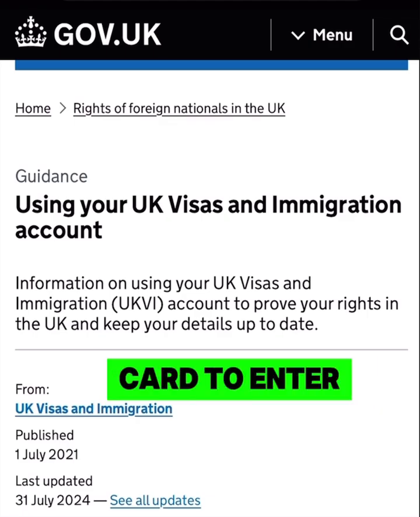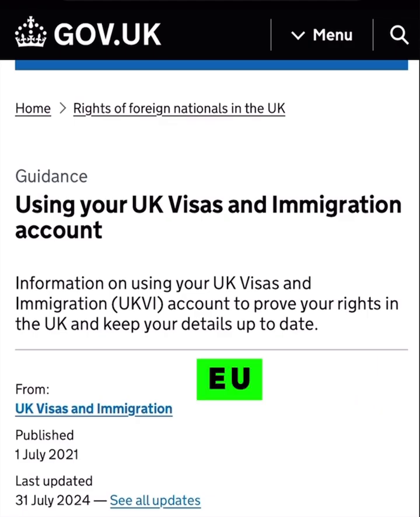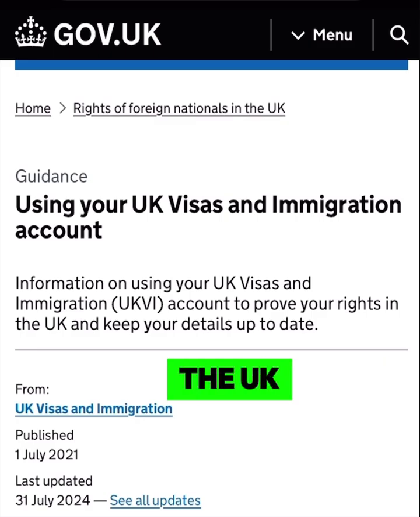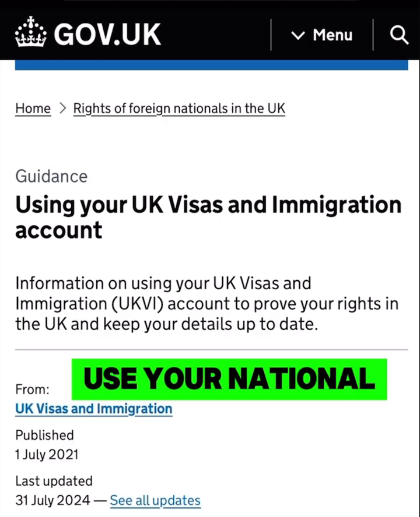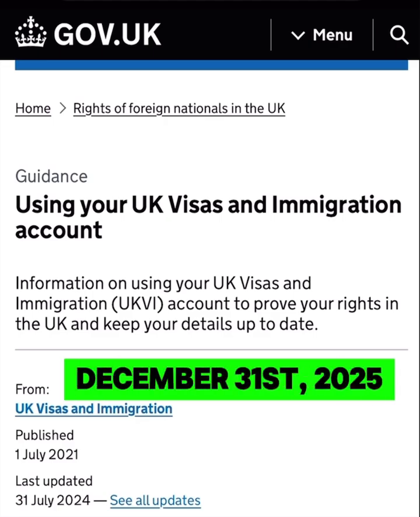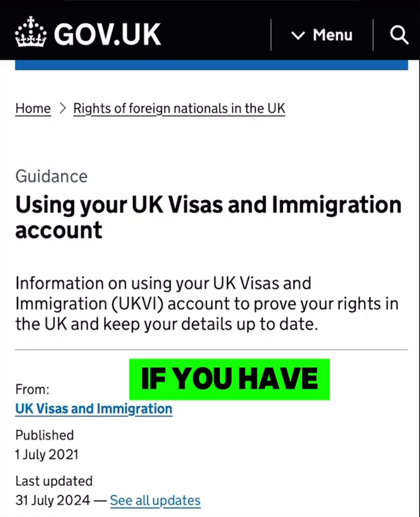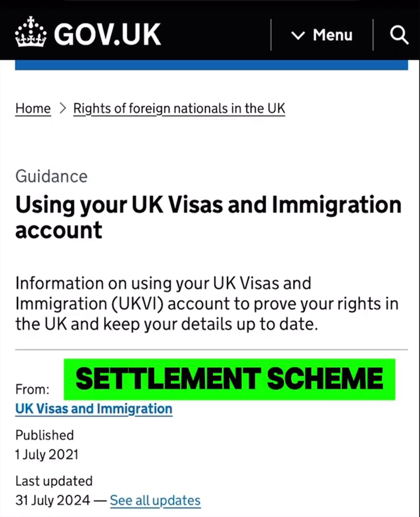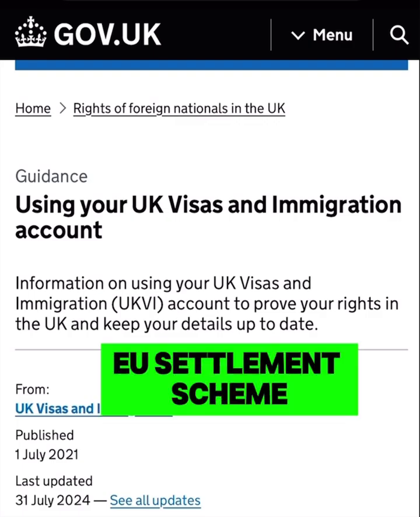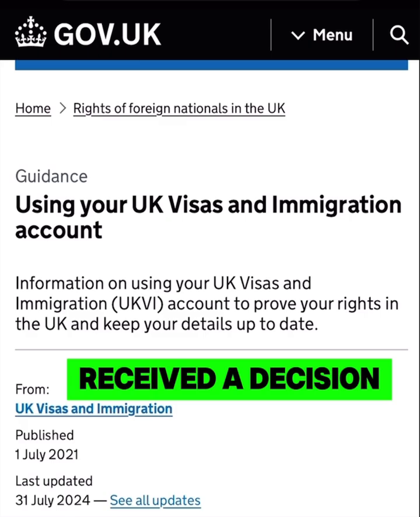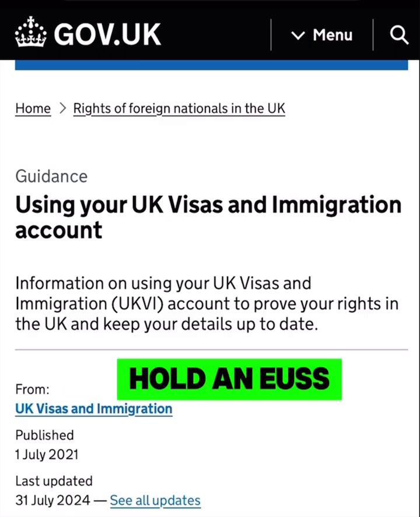Using an identity card to enter the UK. EU, EEA and Swiss citizens need a passport to enter the UK. You can also use your national identity card to enter the UK until at least the 31st of December 2025 if you: have pre-settled or settled status under the EU settlement scheme; applied to the EU settlement scheme, other than as a joining family member, but have not received a decision yet; hold an EUSS family permit;